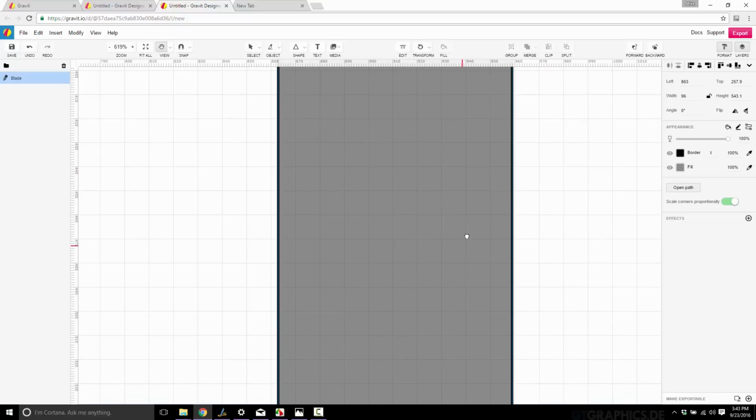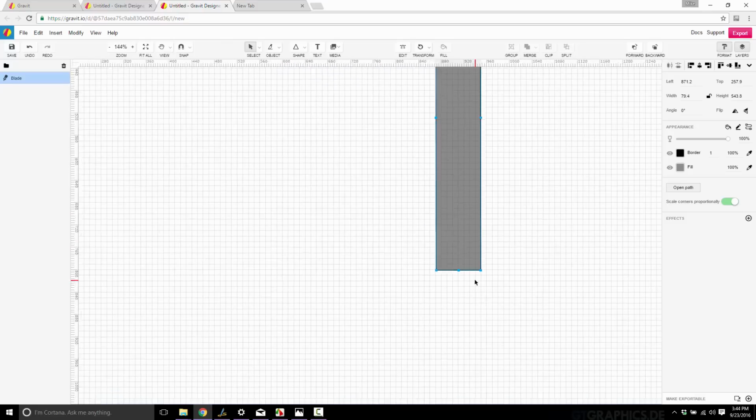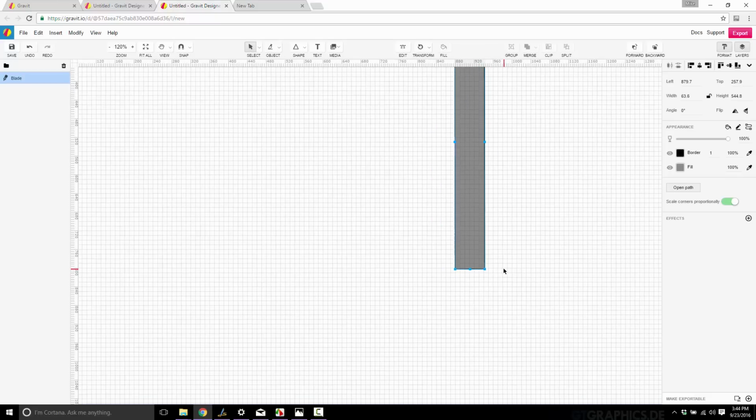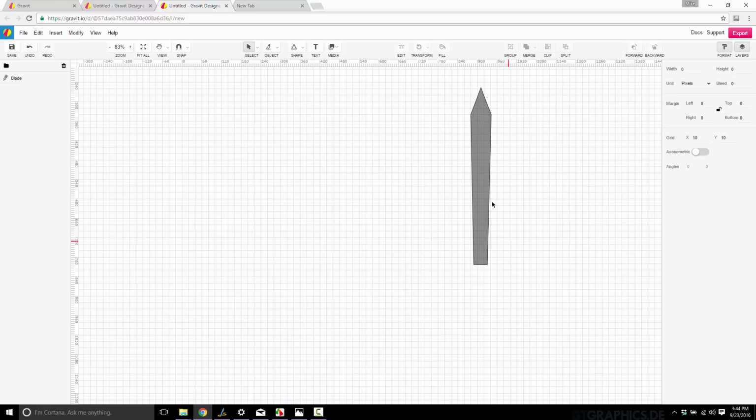All right, and now I want to go to the bottom of said blade, and I want it to taper in a bit. So we're just going to grab that corner, and yeah, probably a bit more. Oh, I hate the controls on this thing sometimes. All right. There. So now we have a tapered in sword with a black outline on the outside,